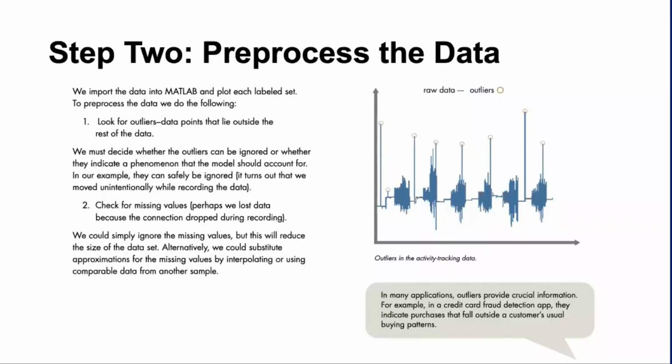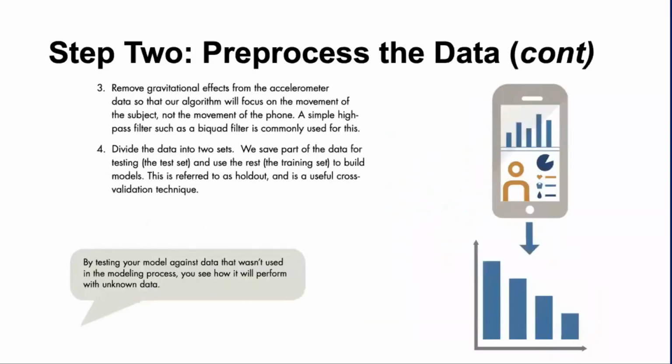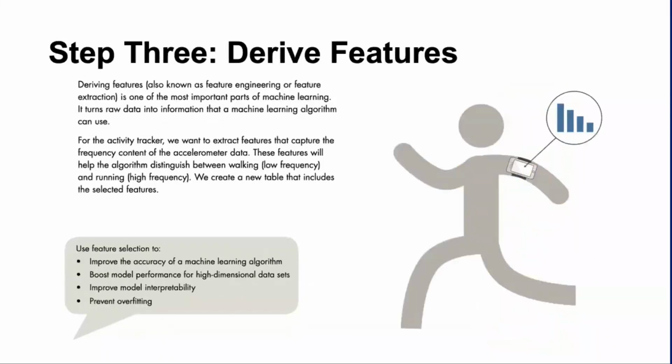Another one is the value of your data set. So if the values are too far from each other, you may want to perform some normalization for you to converge the values of your input data set. So again, this part actually involves a lot of steps, such as, aside from the normalization and scaling, it will also involve some feature engineering and feature selection, whether you will use all of the available input features or just some of them. Now, after that, we derive these features, or as I mentioned earlier, feature engineering or feature extraction, which is one of the most important parts of machine learning.